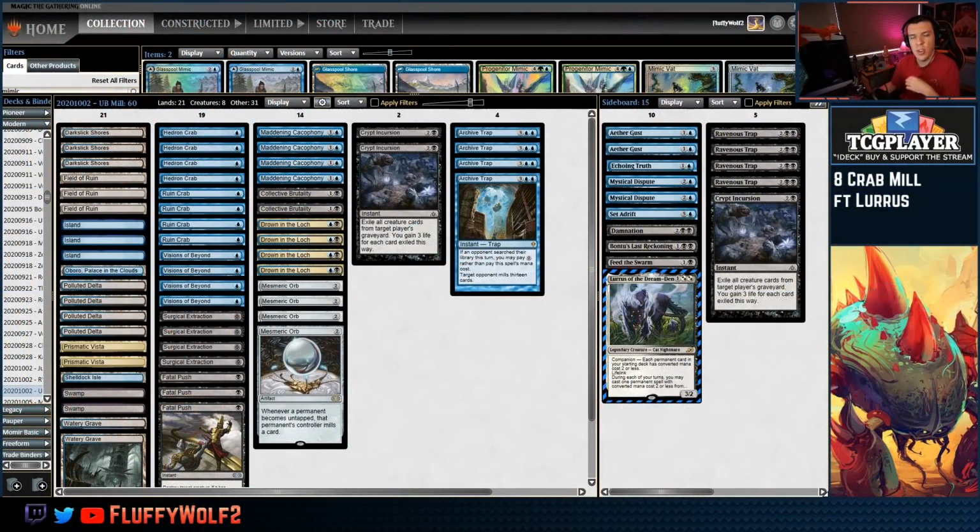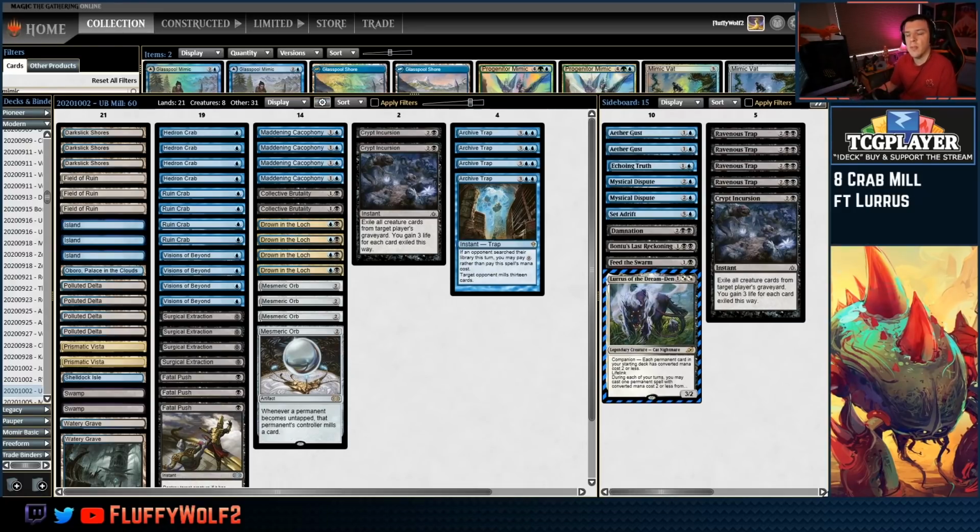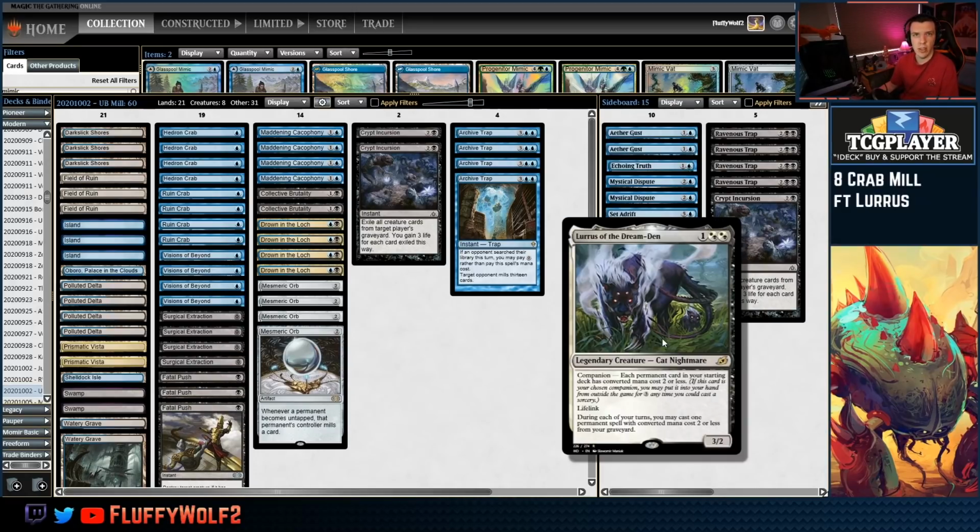This is for you, a YouTube exclusive here: Blue Black Mill, specifically the 8 Crab Lurrus variation. We've gone over this before in our previous videos, but we'll go over it briefly here. The idea is that because you're playing 8 Crabs and you're also playing Mesmeric Orbs, there's a value to playing Lurrus. After all, most people are going to go ahead and kill one of your crabs, preventing you from milling